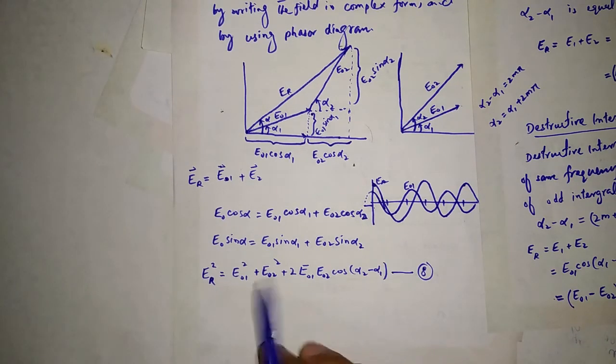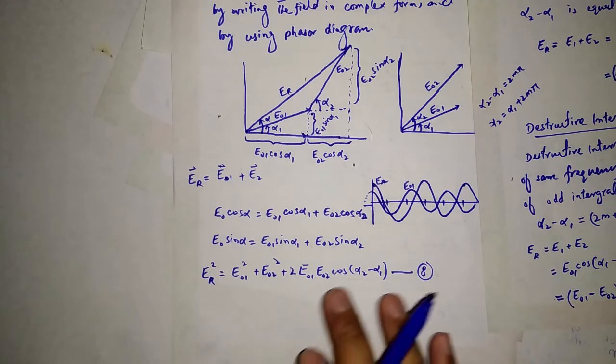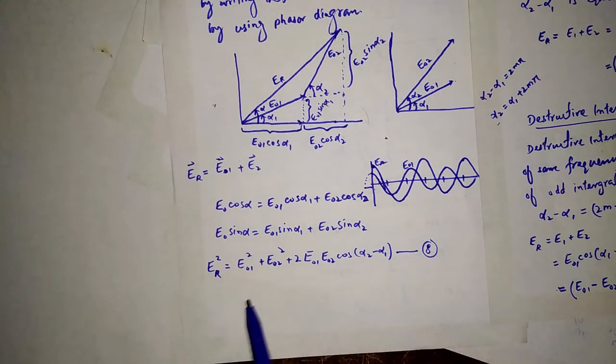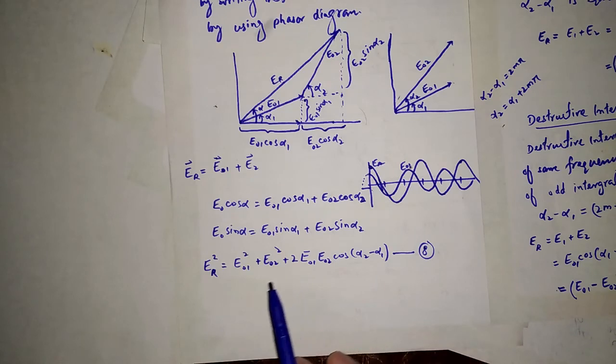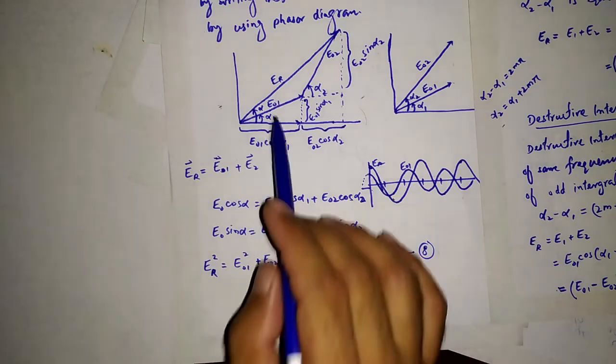Clear? So by simplifying it, we will get this equation. So this equation 8 gives us the magnitude or the amplitude of the resultant field,